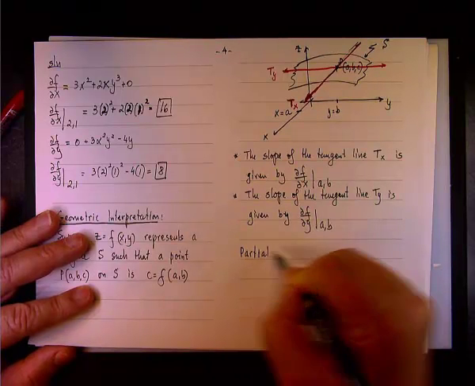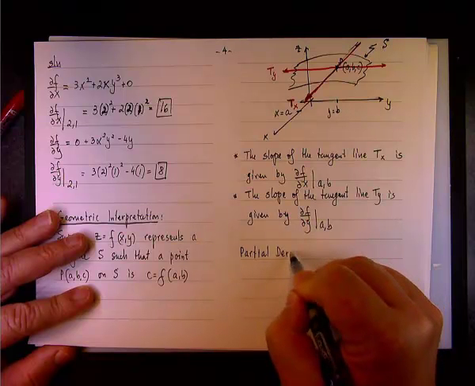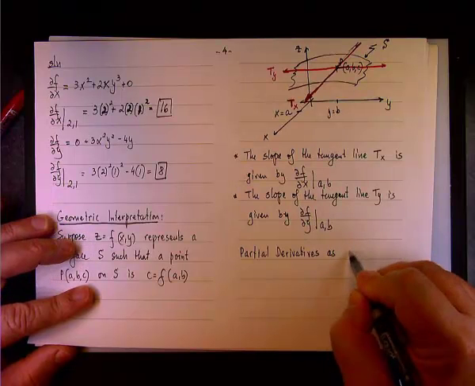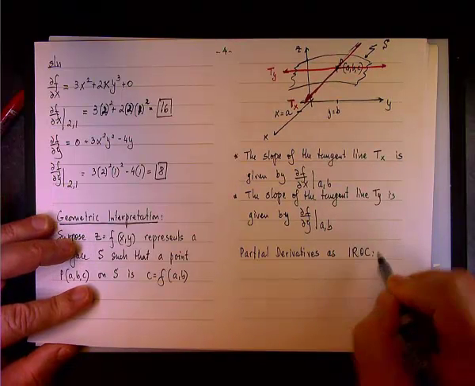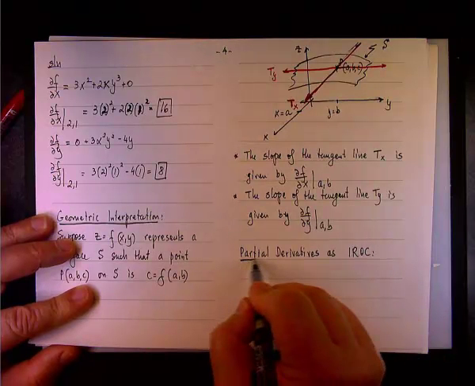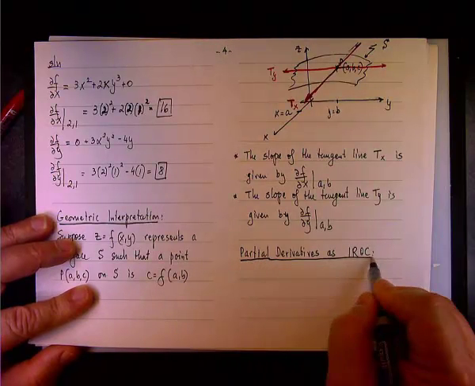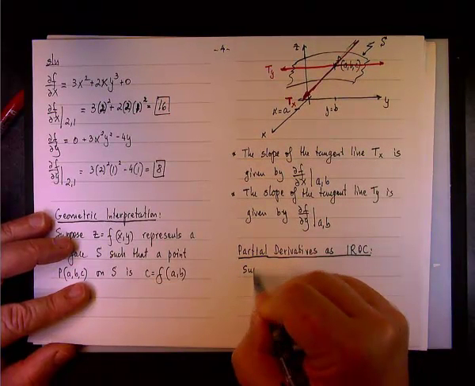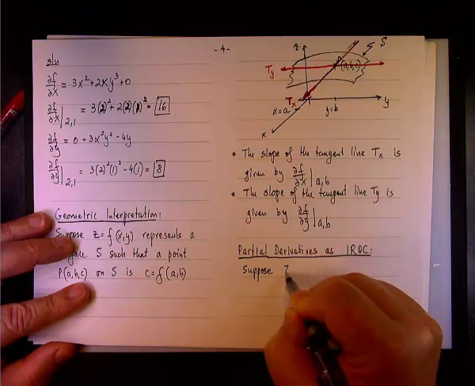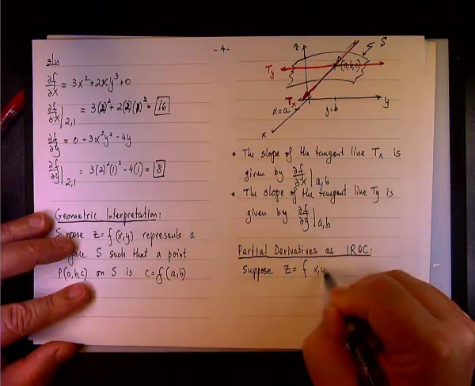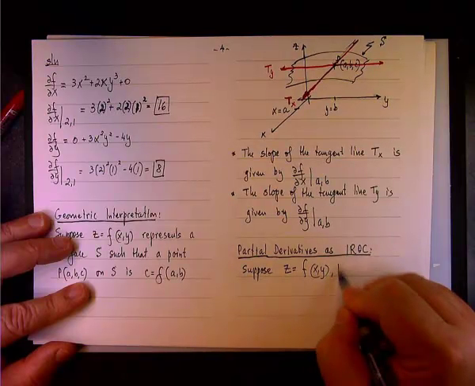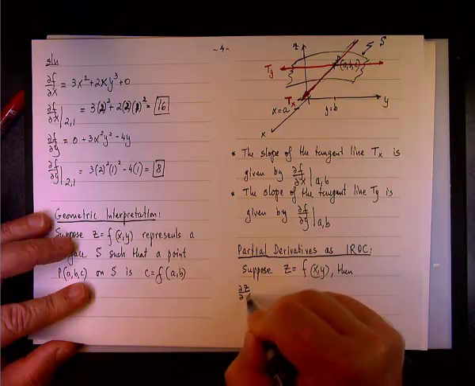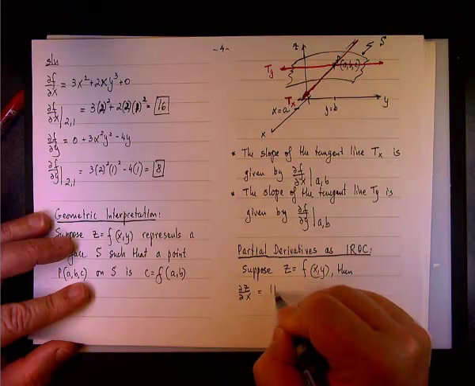The other interpretation is as rate of change, or instantaneous rate of change. So let's write a comment on this one. Partial derivatives as instantaneous rate of change. This is a little bit shorter. We're going to say that if there is a function, suppose z equals f of x, y, then